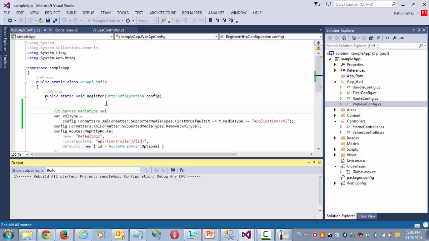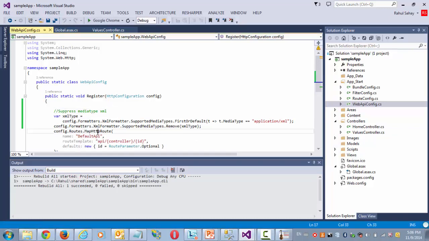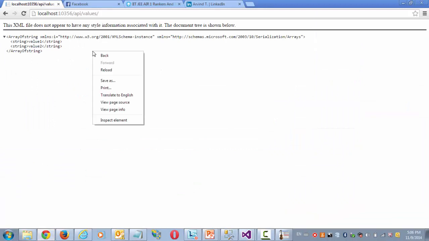Once this build has succeeded, I would expect it to be produced in the JSON format as a media type. Okay, now it has been done, so let's refresh this.